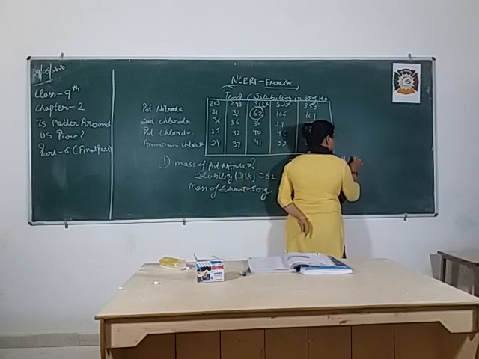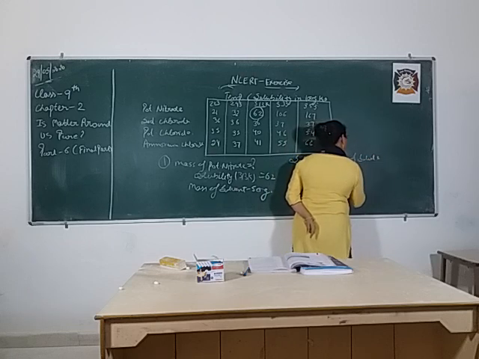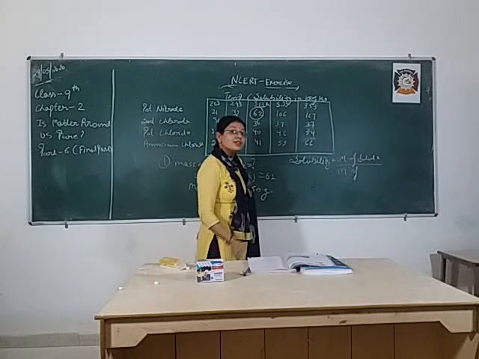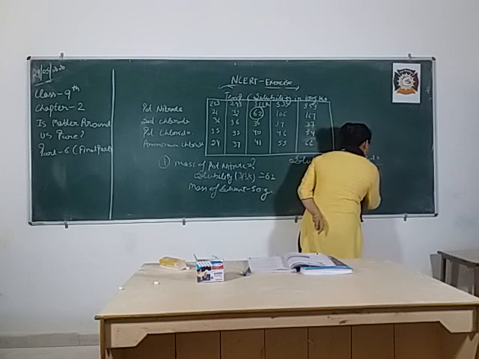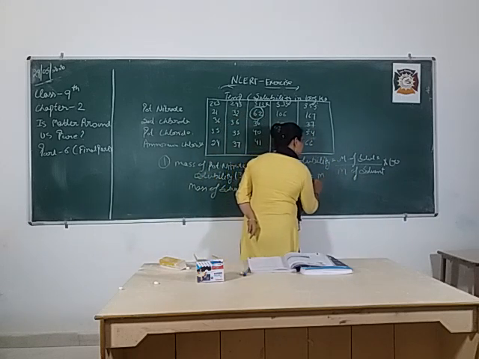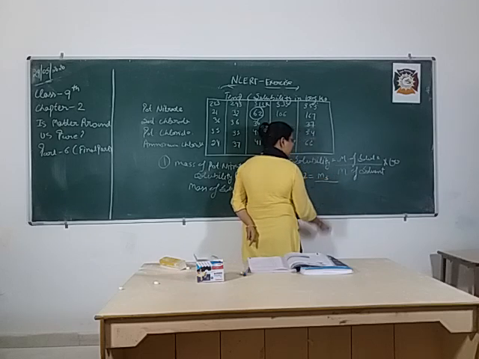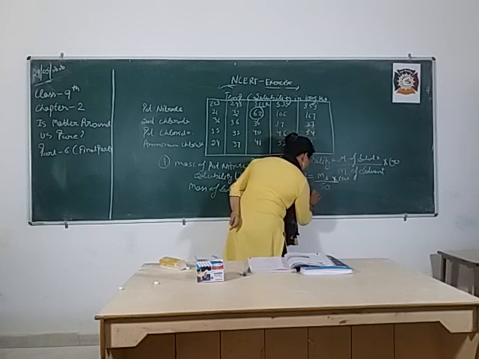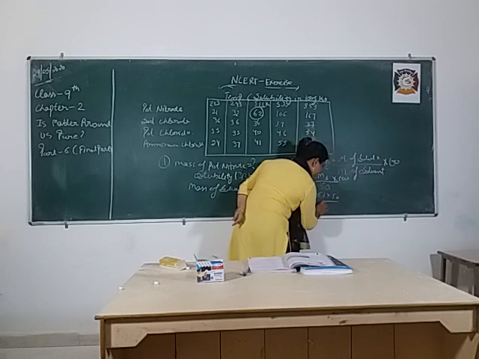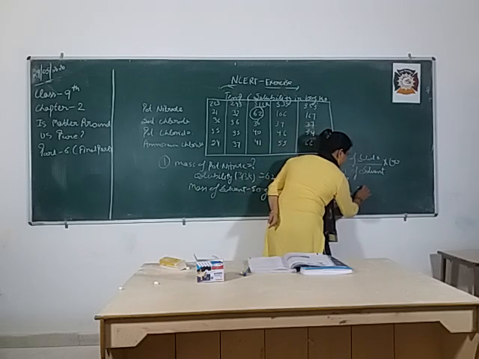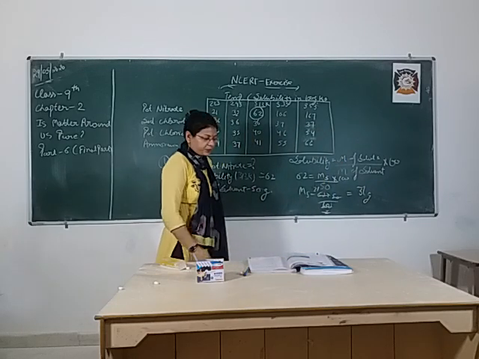We know the formula of solubility. Mass of solute upon mass of, what I have to write? Solution or solvent? Solvent, because we are here discussing about the solubility, not about the concentration, into 100. Okay. So here 62 is the solubility. Mass of solute I have to find out. So MS I am going to represent it. Mass of solvent is 50 given and 100. So MS is going to be 62 into 50 upon 100, and this answer is 31 grams. So this is your answer.